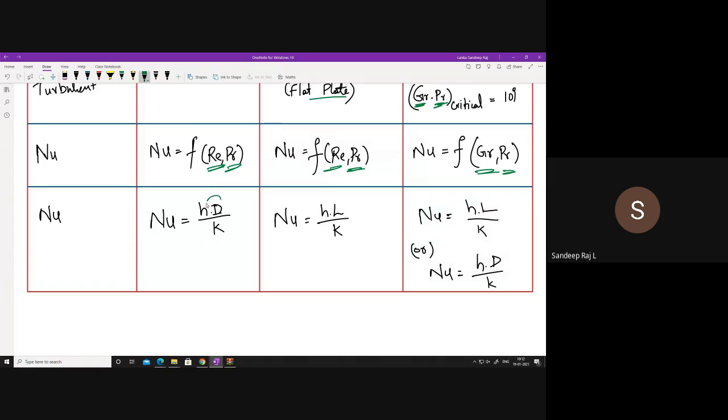The characteristic dimension is taken as D. Here, the characteristic dimension is taken as L in most cases. So based on the case, you have to actually follow. Okay, L or D, anything can be followed in case of natural convection. Even in the case of the